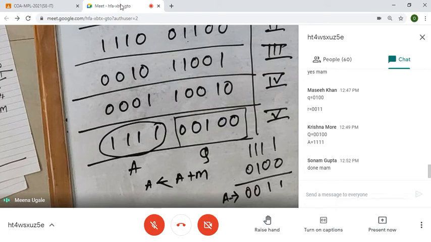Any doubt in restoring and non-restoring? Some examples I will give you for your practice, because once you understand the method, only the numbers change. Instead of 19 divided by 4, you will get some other numbers, but the method will be the same. Normally asked questions are like this only. Mostly the numbers are up to 5-bit representation, not more than that. Like 19 in this case, or any number greater than 15, you require 5-bit representation. Any doubt here?